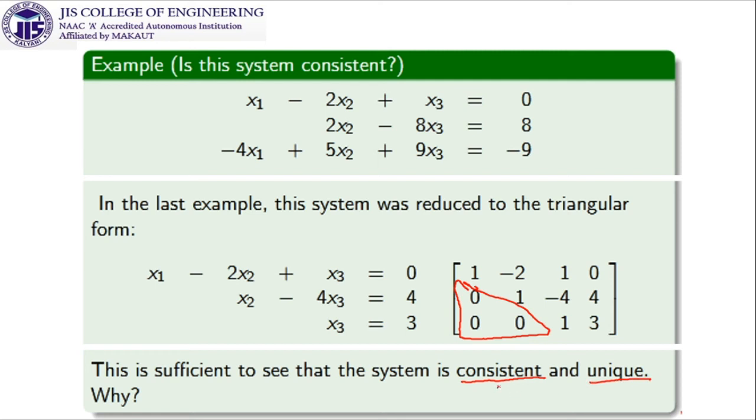The consistency comes from the concept that the rank of A and rank of C are the same. This is the information which tells us that it is consistent. And we get that it is unique because the number of non-zero rows in this echelon form is 3. So as rank of A and rank of C are equal to 3, it tells us that it is unique. Now a vice versa method, or a reverse or counter example, is going to be exhibited.